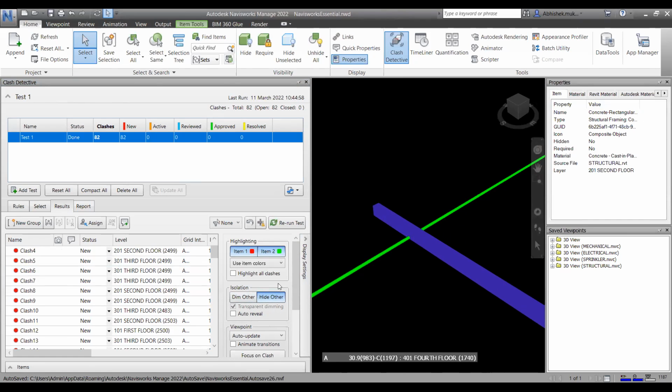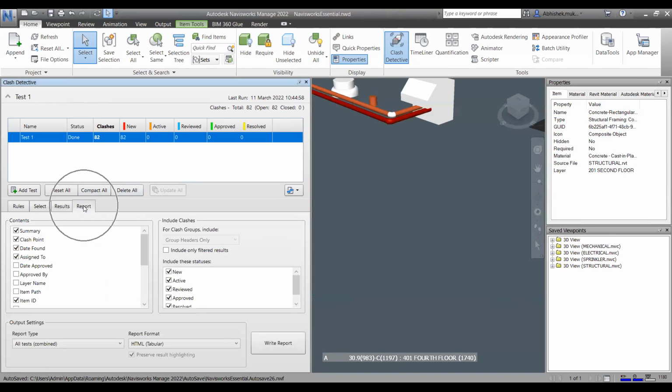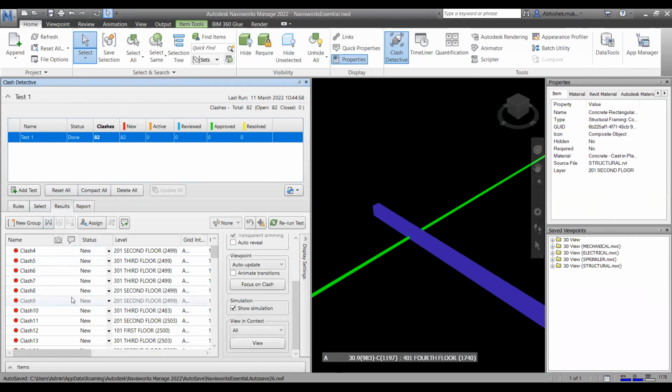Plus, we can also take out a report from here, where you can go for report, and then we can just go for a tabular report out of it, which will open up in your software. There are 82 clashes over here, and those clashes will appear over here in the results section. So this is a quick demonstration of Navisworks of what it is. Now let me just go back to